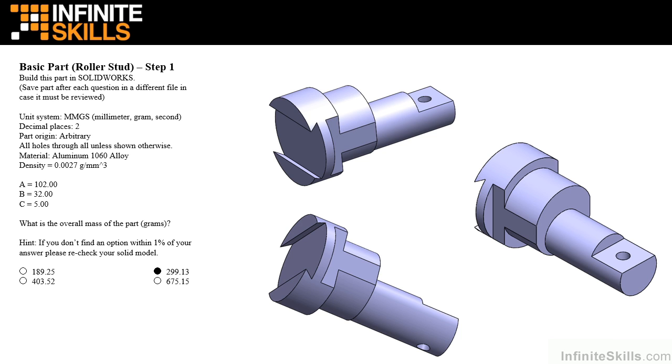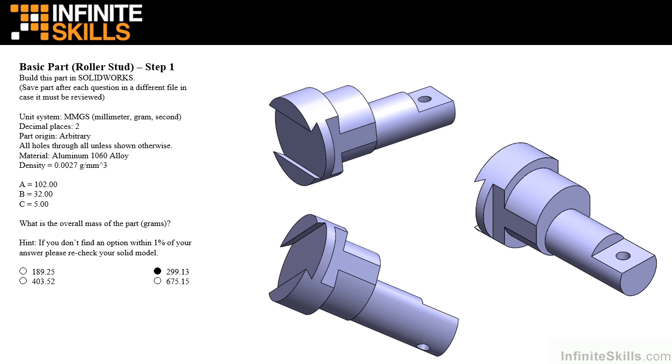Below this, we have units, number of decimal places, part origin, and a note stating that all holes extend through the entire part unless shown otherwise, along with material and density. We are also given 3 values for dimensions A, B, and C, which should be seen on the next screen. After you model the part, you will check your part model mass against one of the 4 choices. Remember, if your mass is not within 1% of one of the choices, you will need to return to SOLIDWORKS